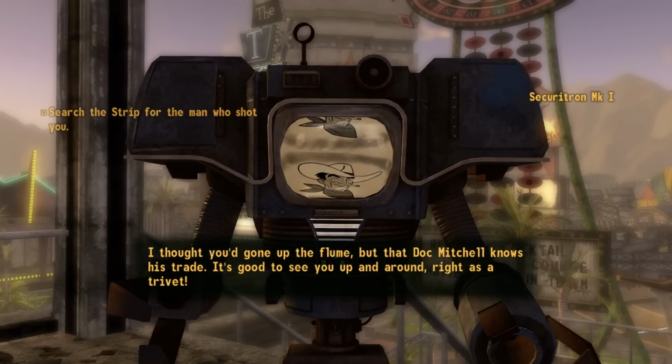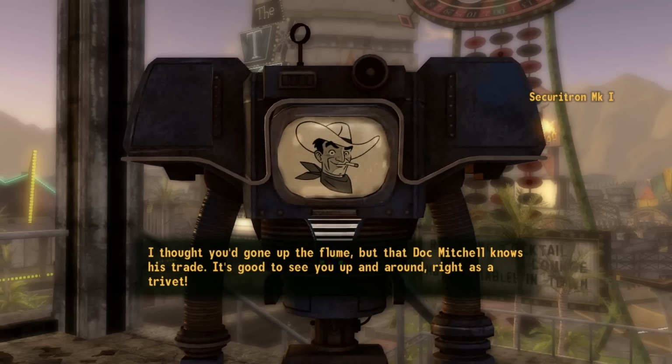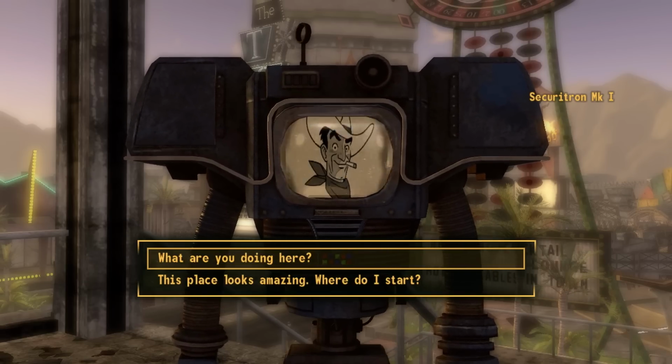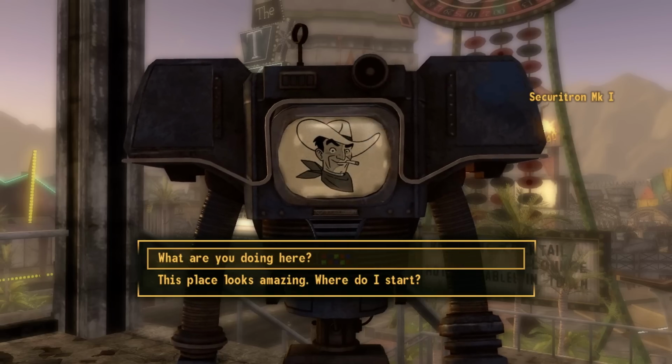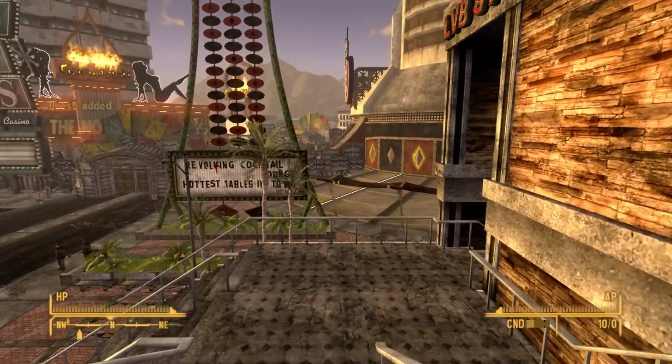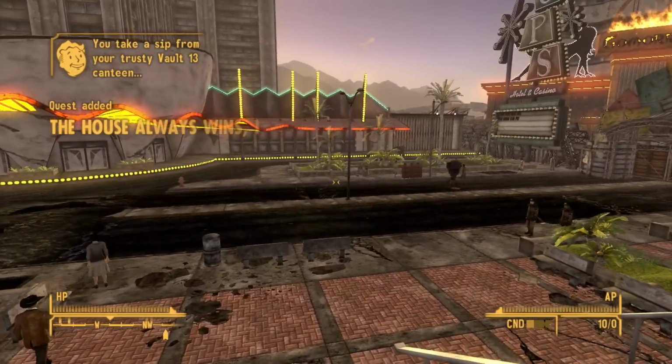That Doc Mitchell knows his trade. It's good to see you up and around. Flume. Right as a trip. I don't know what that means, other than that band. Alright, what are you doing here? Alright, I'll just go there. So he's telling us to go to the Lucky 38, which